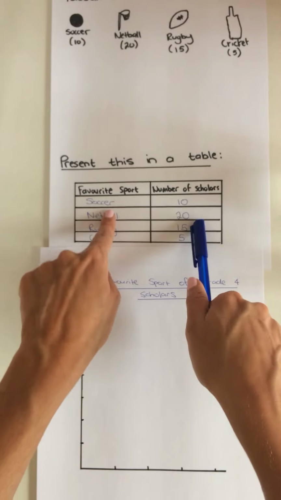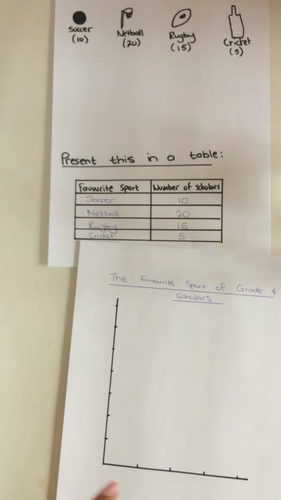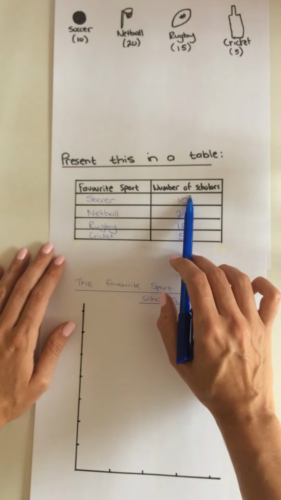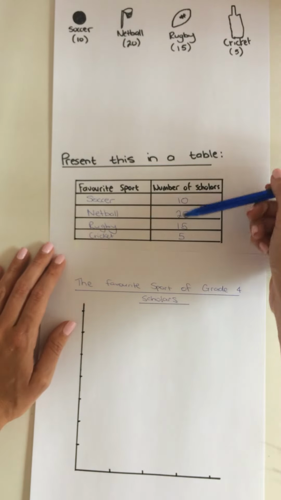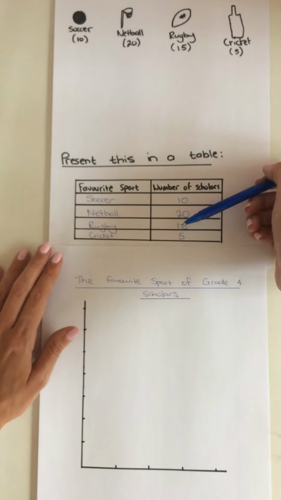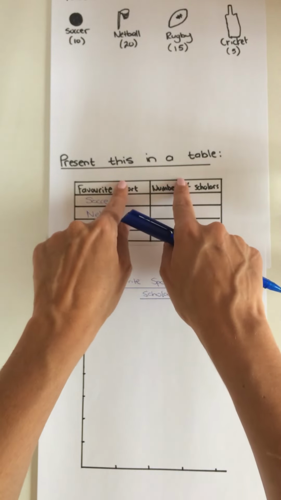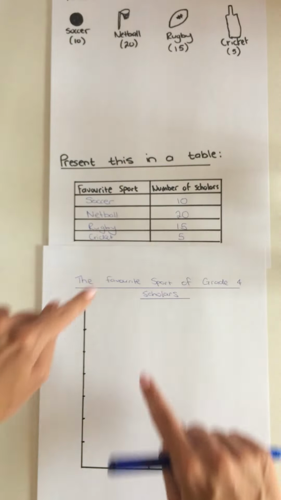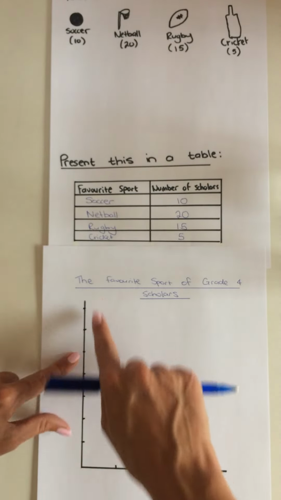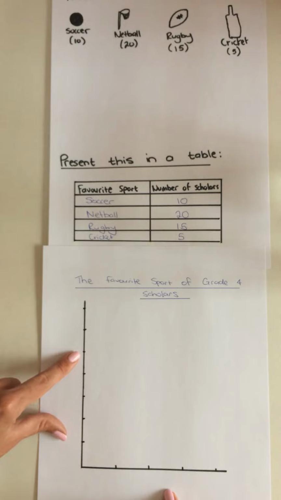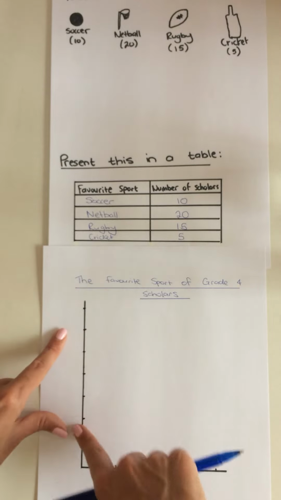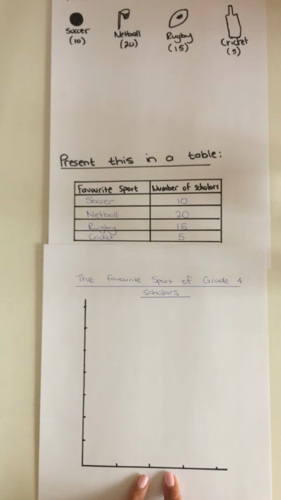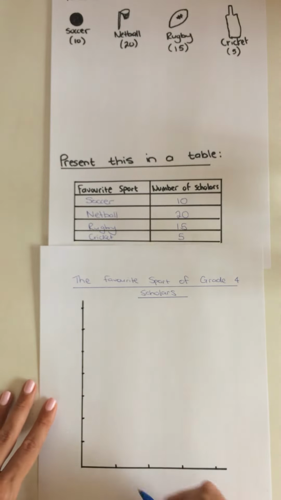We are then going to take the information from this table and put it on what we call the bar graph. So we have 2 columns in our table. First one is favorite sport, and we have number of scholars. We are going to take the titles of each of these columns in the table, and we're going to put them on this side or this side of the bar graph. Now these different sides of the bar graph have special names. The bottom here going straight across is what we call the